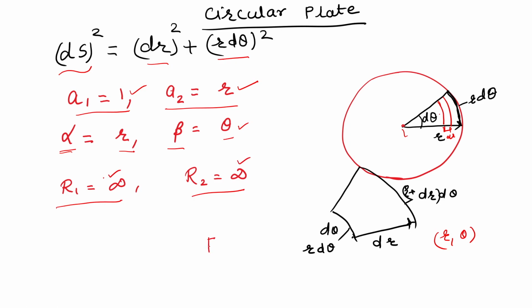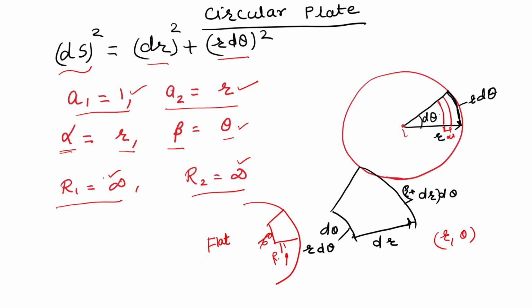Because this is flat only, sometimes you may say it is curved in that direction, but we are not taking that as a curvature. So, from that, it is basically a longitudinal sense. So, R1 and R2 from this and this side, it is going to give you basically the bottom one and the side one. R1 is infinity and R2 is again infinity.